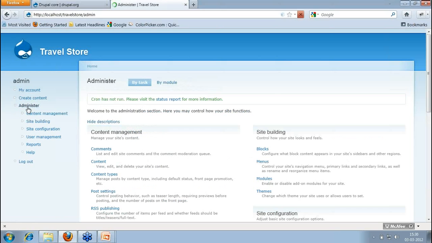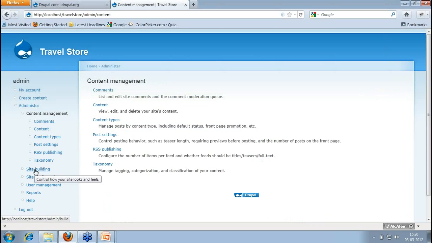The whole admin section is divided into 3 to 4 parts. Whatever is related to content, you can go to content management. Whatever is related to building a site, like adding modules, themes, blocks, views, that is building a website, so you need to go to the site building section. Site configuration, that means if you want to change your login details, your email address, or basic information about your added modules, you can easily go and make the changes. We'll see how to use each and every section as we keep adding other things.